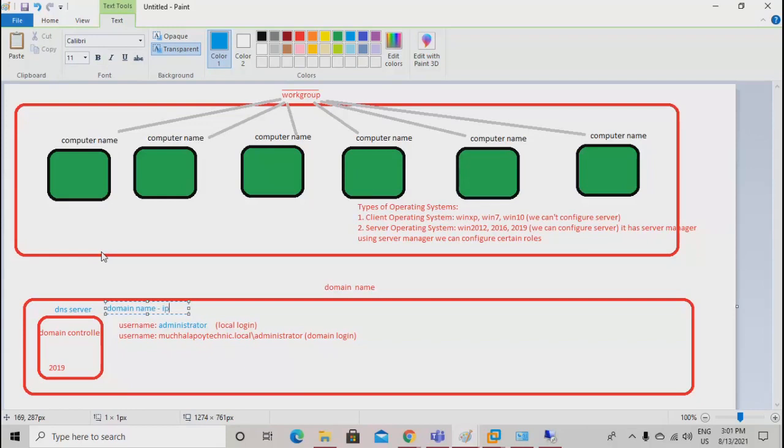So whichever system is now a member of the domain, the name of that system. In our example, the computer which is configured as a domain controller, what is the full name of that? DC dot local. This is a full name and this is called FQDN. It stands for fully qualified domain name. Okay.